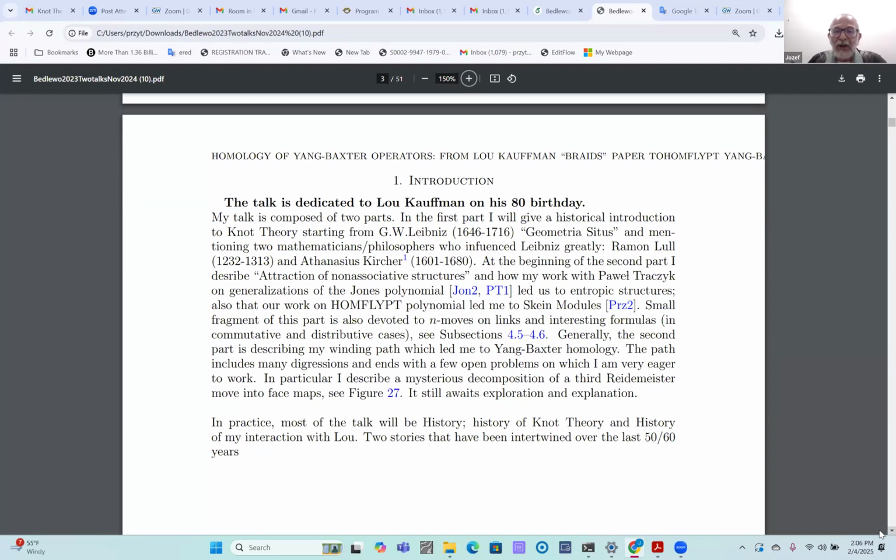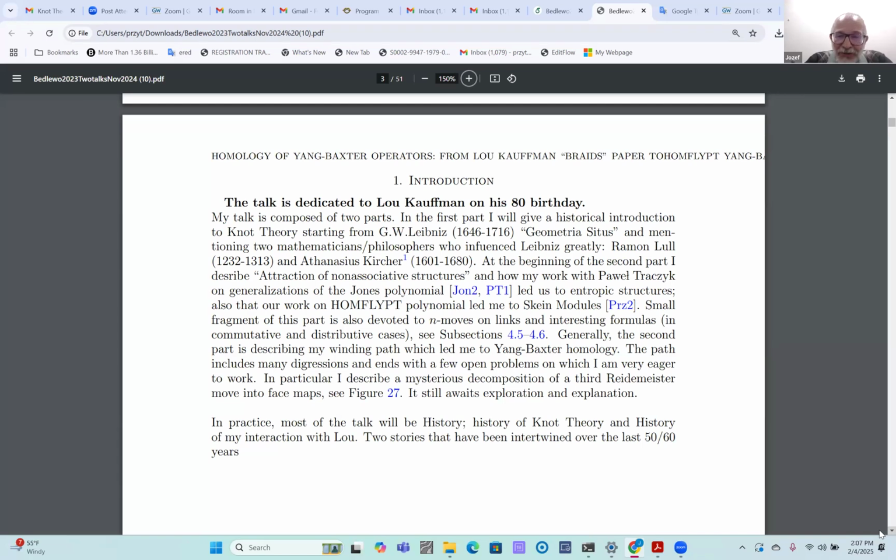In the first part, I give a historical introduction to knot theory, starting from Leibniz's Geometria Situs and mentioning the mathematicians and philosophers who influenced Leibniz greatly. I mention this because it's not that well known. It is Ramon Llull, or it should be with a double L, not one L,